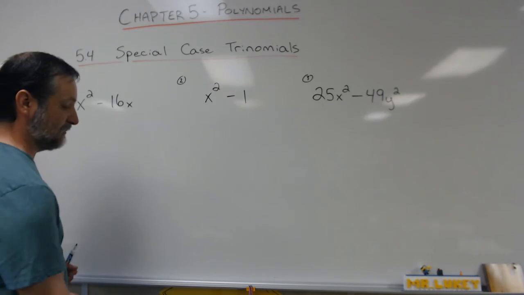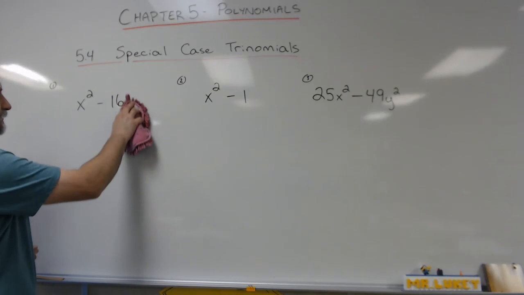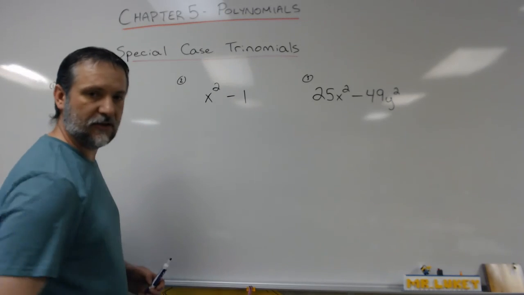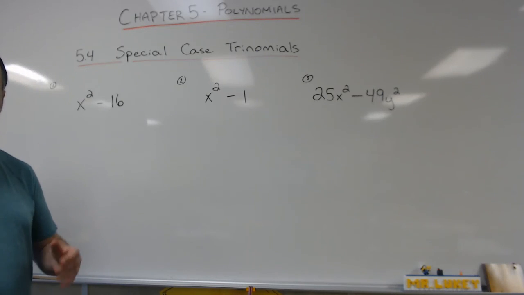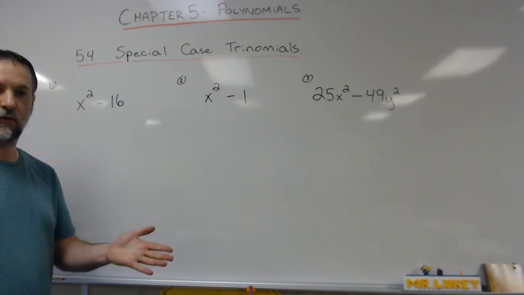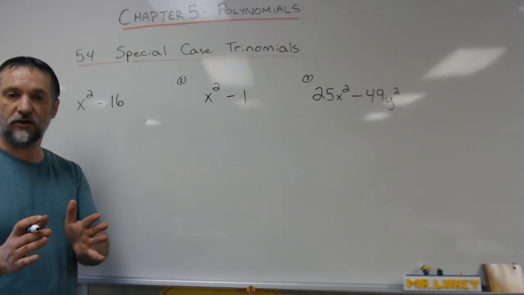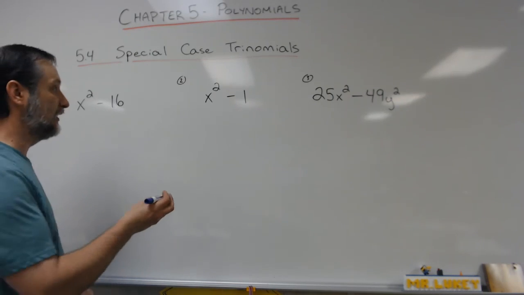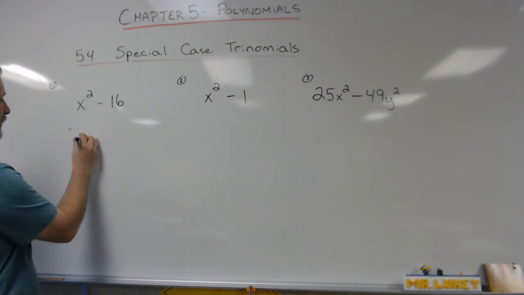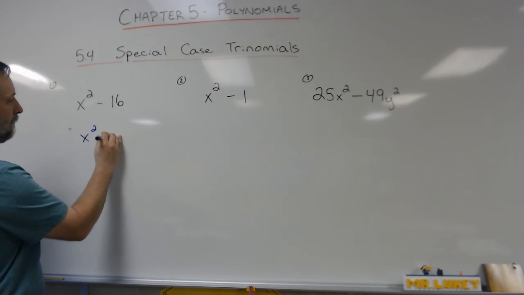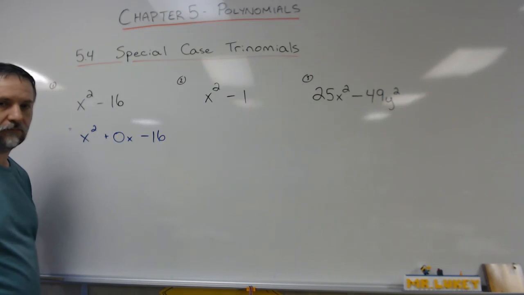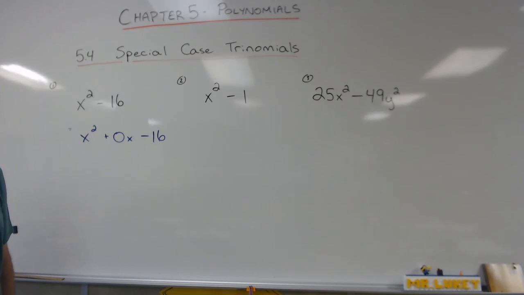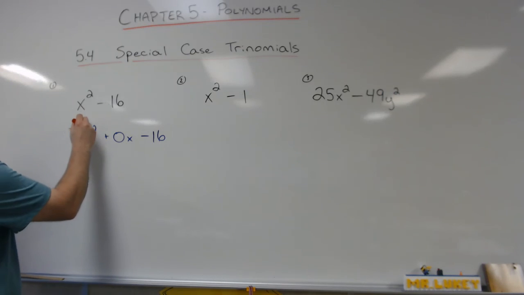Oops, this is supposed to be just minus 16, so let's just fix that now. x squared minus 16. What happens here is I have an ax squared plus bx plus c format, but there is no b value. If there is no b value, literally it's that. I can rewrite this as x squared plus 0x minus 16. And I can treat this the same way as any other question I've done before, where I can take the x squared and the negative 16,